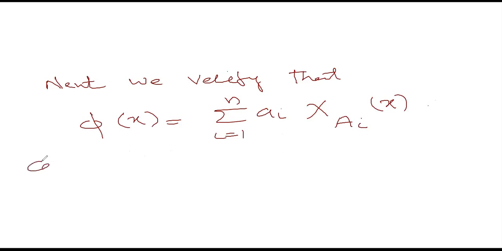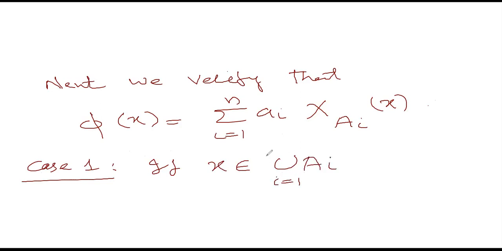Case 1: if x belongs to the union of Ai, i runs from 1 to n, then there exists a unique m such that x belongs to Am, and x is not in the rest of the sets. So this implies that whenever x is in Ai,